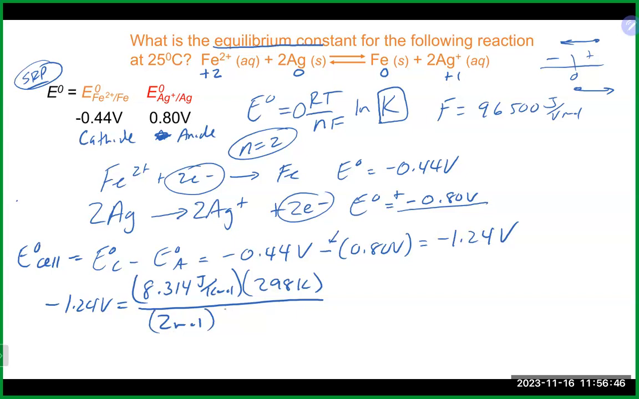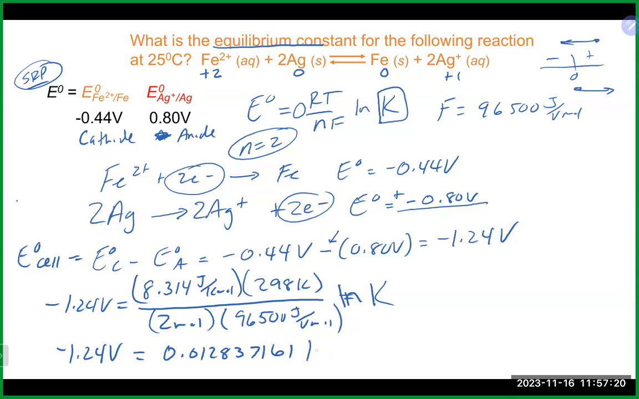And our Faraday's constant, 96,500 joules per volt per mole. So we're going to get a lot of stuff canceling out here, and that's going to equal the natural log of K. There you go. All right, so I'm going to clean up to the left of the natural log. We're going to take 8.314 times 298, divide it by 2, divided by 96,500. That's going to give us minus 1.24 volts equals